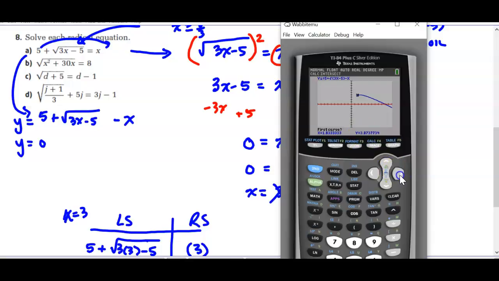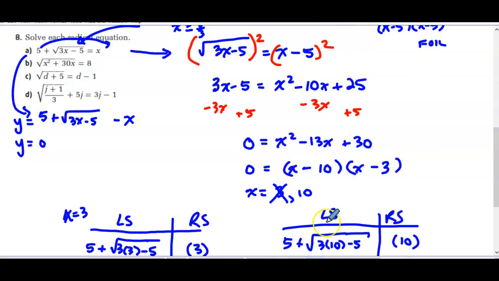So you can actually see it on a point, and then enter on that, enter on the second curve, guess, and it gives you 10. Notice the other extraneous, when x equals 3, if I'm on my radical, I get a y value of 4, right? Not 0. So it doesn't intersect. Okay, so that's another way of checking. And then C is very similar to that. So now let's go to